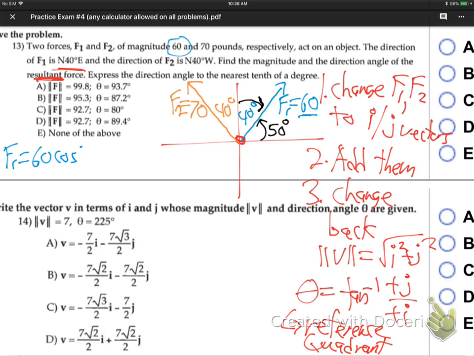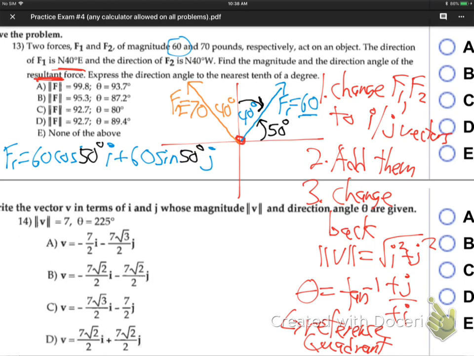So for vector 1, the real angle is 50, because it's from 0. If it's 40 off of the y-axis, it's 50 off the x-axis, right? 90 minus 40. You with me? So it'd be 60 cosine 50 I, I forgot my I there, plus 60 sine of 50